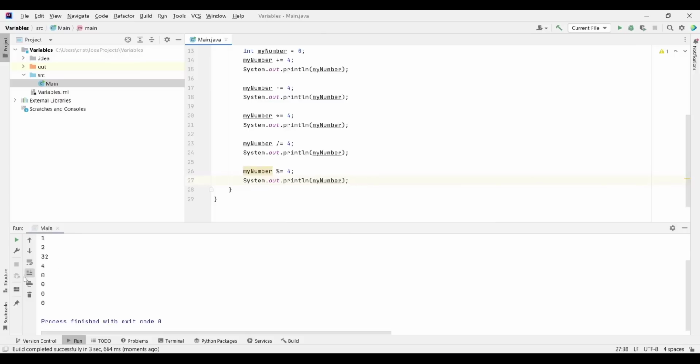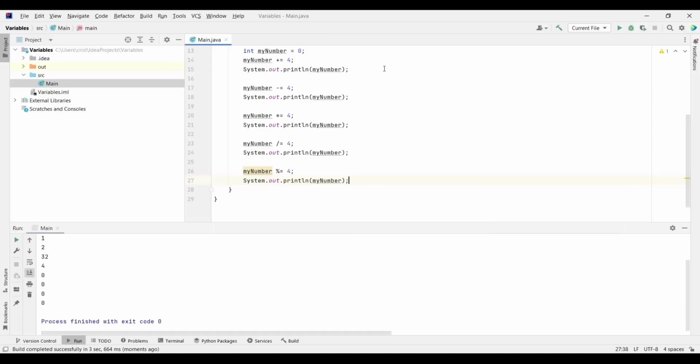alright, so we get in the output 4 and then 0, 0, 0 and 0. And we are getting this because first we declare this variable my number and we assign 0 to it. After that we add 4 to my number, so we have now in my number the value 4. On the next line we are subtracting 4 from my number which has the value 4, and that is going to give us 0.